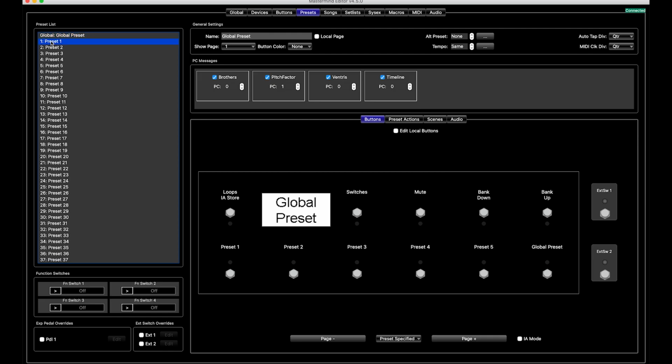So what we're going to do now is create our first preset. We're going to call this preset, very unoriginally, verse. Let's say we want to do preset number 2 on Brothers, 1 on PitchFactor, 3 on Ventris, and 5 on Timeline. The first thing I want to bring up is the fact that you are going to most likely